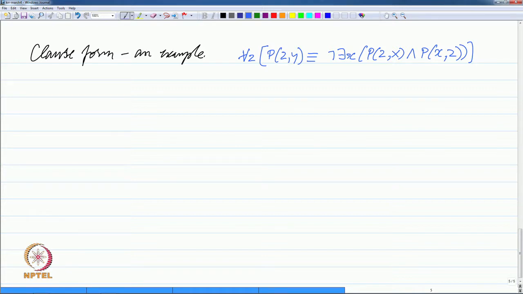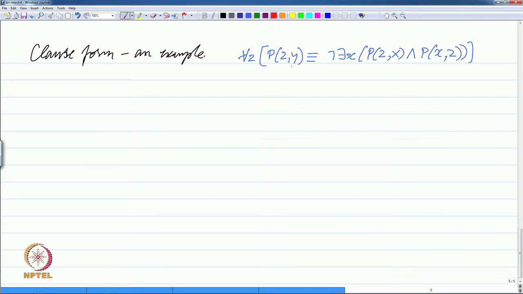Let us not worry about how we got it, but to show that it is unsatisfiable we want to first convert it into clause form and then use the resolution method to show that we can derive the null clause essentially. So, if you remember the steps, then the first thing that we do is we find that there